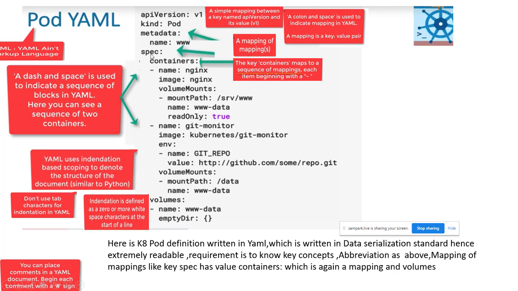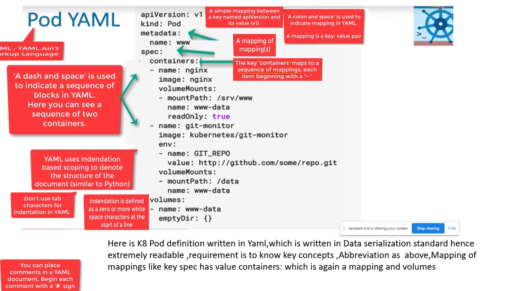So if you see here, this spec has containers. This container is a value of spec, but this container is also a key for these guys, these two Docker images, Nginx and Git monitor. So the beauty of this is that